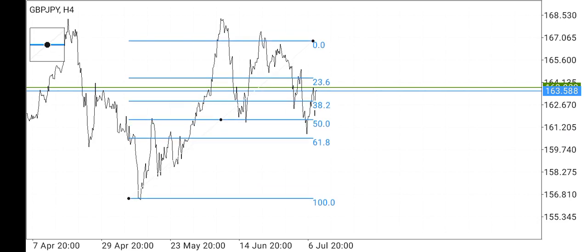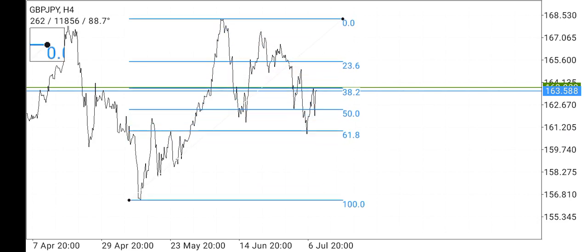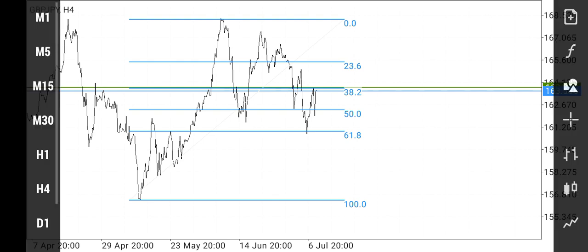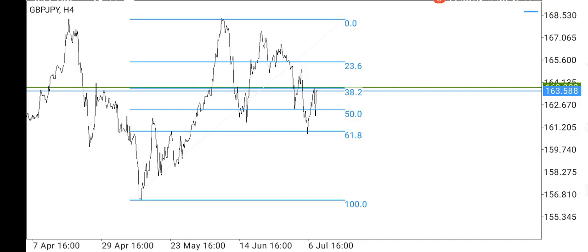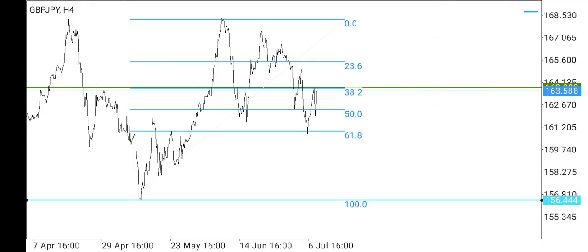Fib is a personal indicator. You can choose what you want with fib, but after everything, it must give you the same thing. Okay, look at how price respected all this. Look at the zone. You can use it to mark out your zone. If you don't know how to mark out your support and resistance, you can use fib to mark it out. Look at the zone and all these places that